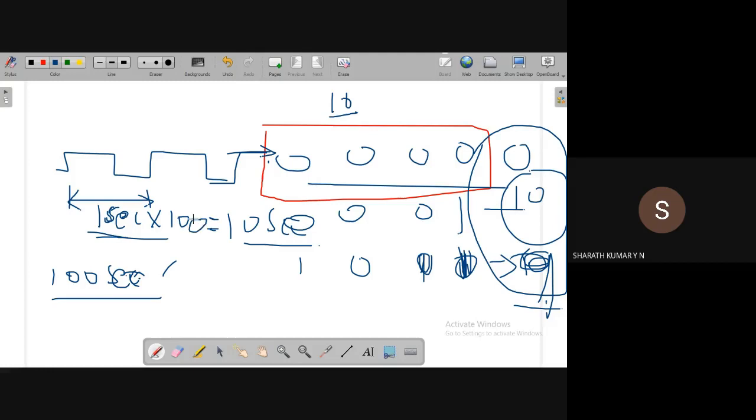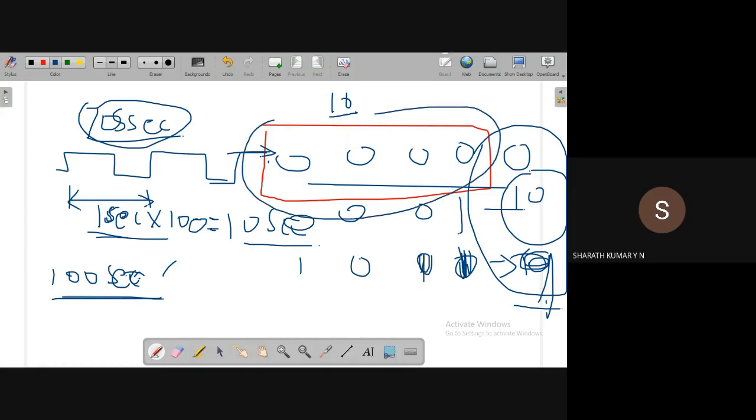At least I have to count 100 clock pulses to generate a time period of 100 seconds. This is nothing but the screen timeout in a mobile device. For example, if you set it to 10 seconds, after 10 seconds the screen will automatically time out. But how does the device know that 10 seconds has elapsed? Nobody tells it. The one who tells the device is the counter or a timer.